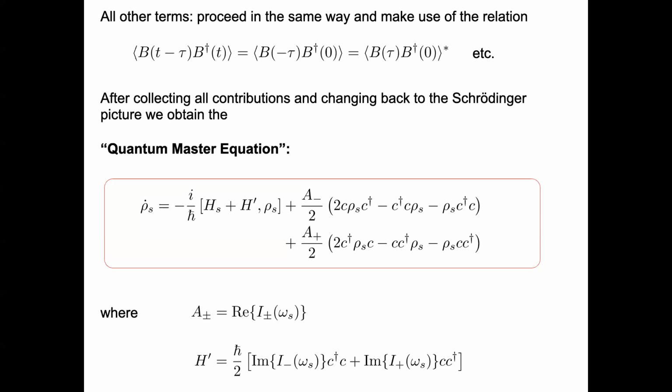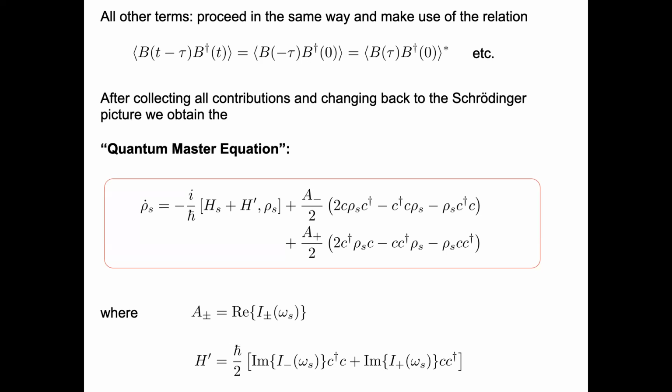A first check is that this gives a valid equation for a density operator. One thing a density operator has to obey is that it conserves the norm. It has to be normalized to 1 for all times. So if the trace is always 1, the trace of ρ dot must be 0. That's the minimal requirement. It doesn't tell us that it's really the correct equation, but at least the trace of this, if I take the trace on this side, must be 0. So how can I see this?